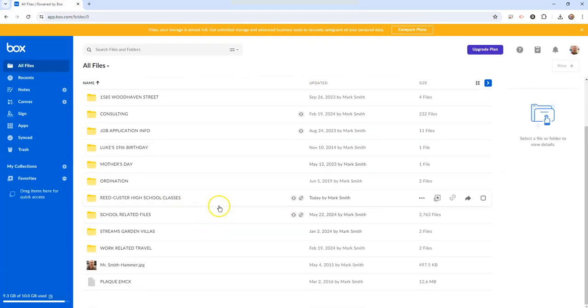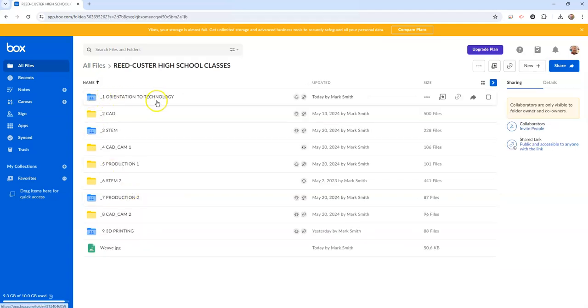Now, of course, my box.com is going to have a lot more folders than you have. Look at my Reed Custer folder. It has 1,800 files. My school related has 2,700 files. So you're just going to have orientation to technology, or you might have STEM, or you might have CAD CAM 1 or 2, or whatever class you're taking from me. But you want to go to where you saved your image,